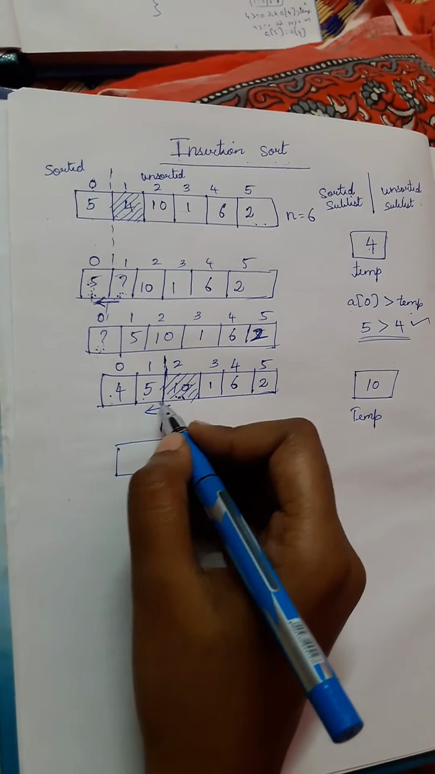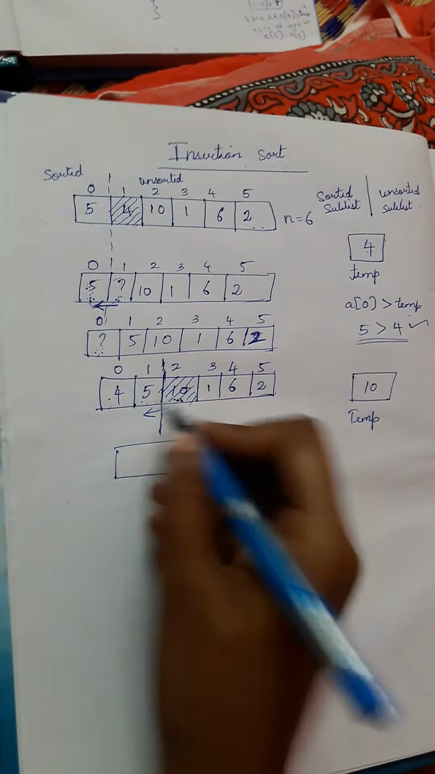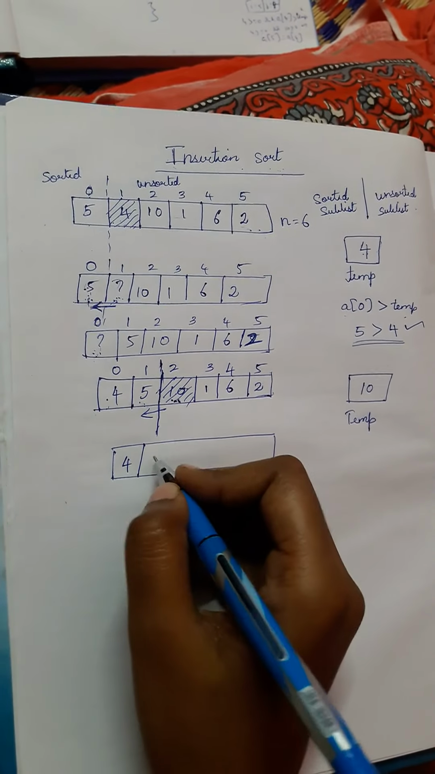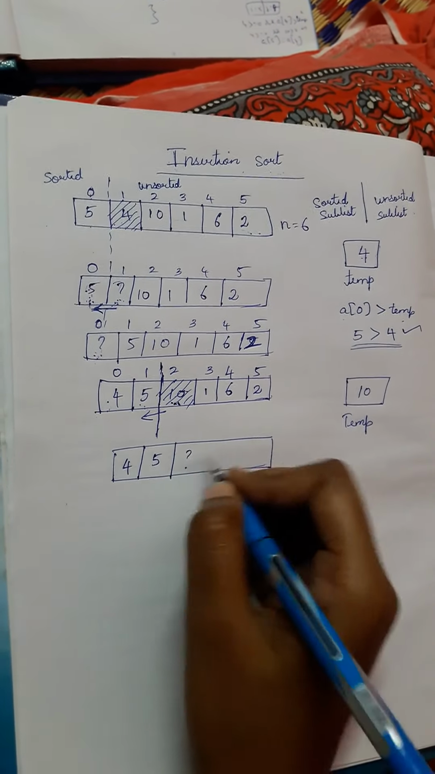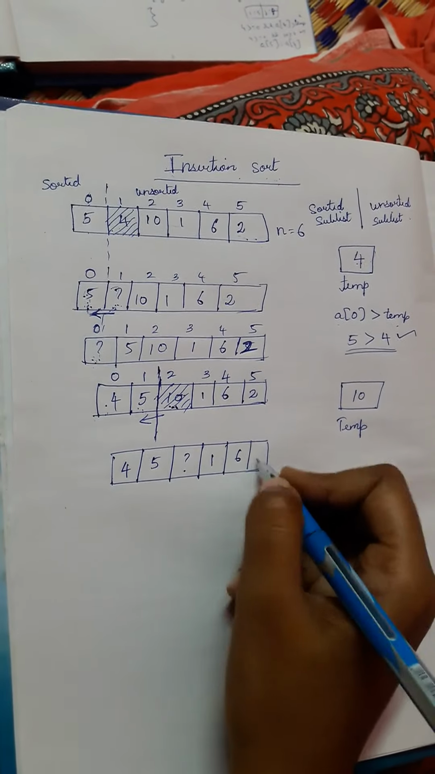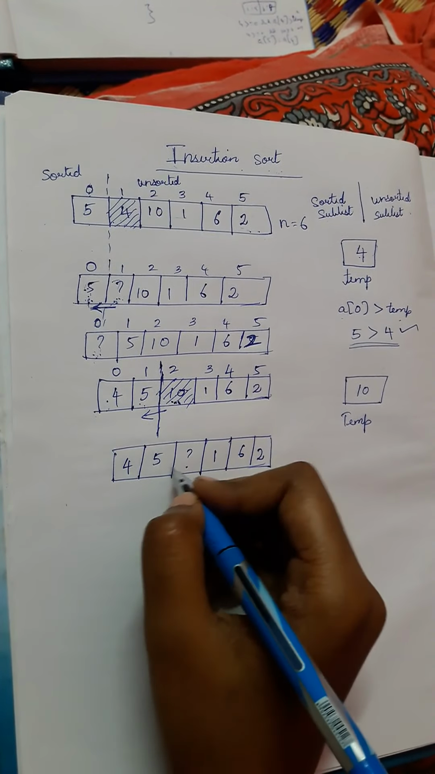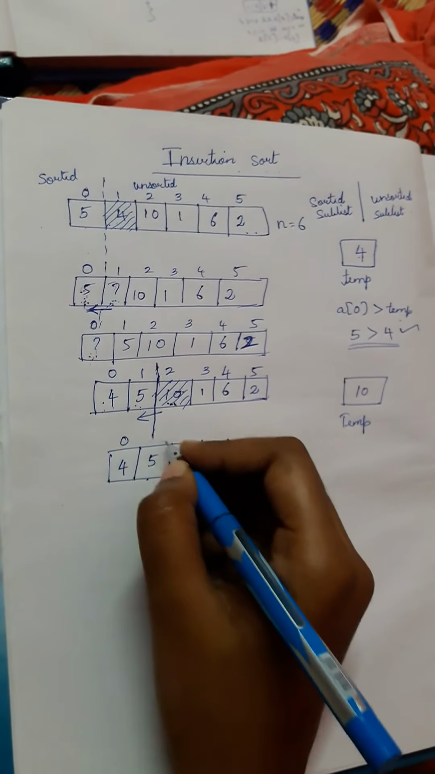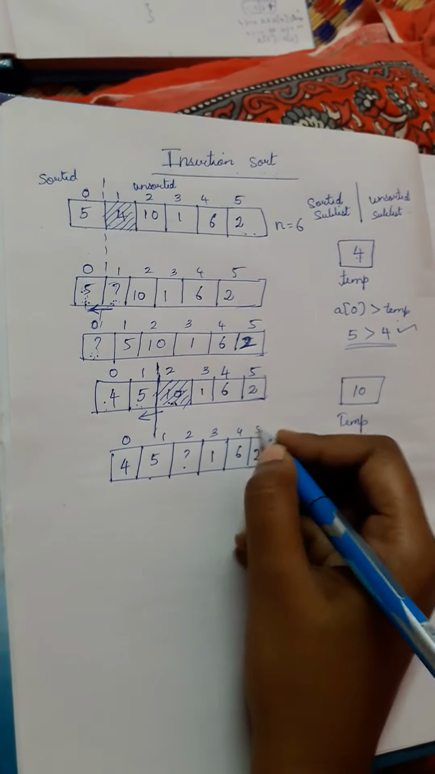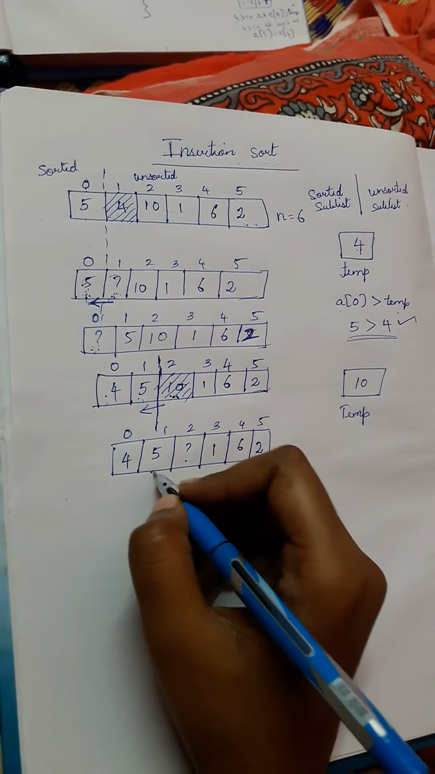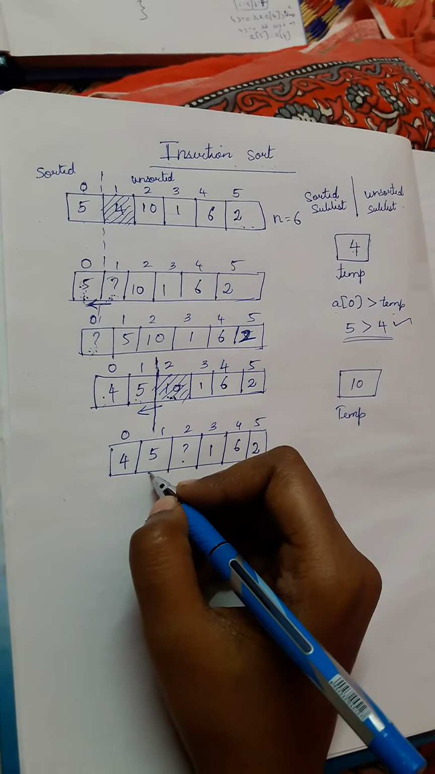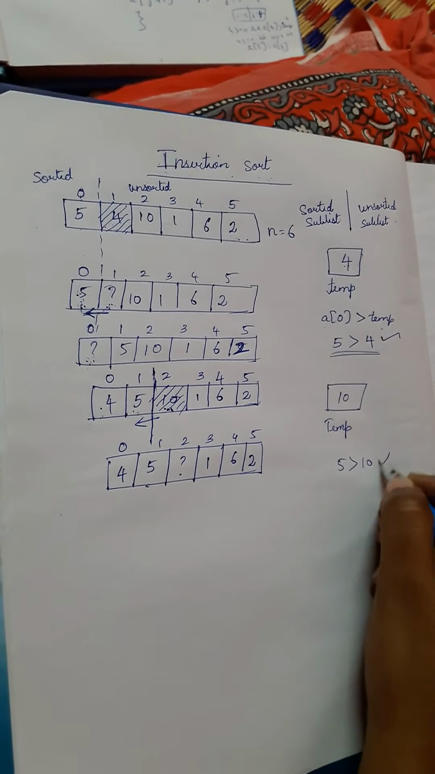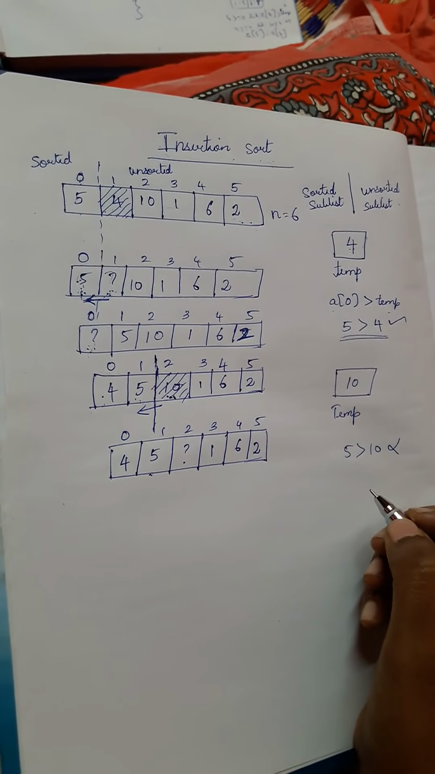Okay, so first I will check at this position. Now what will be inside the array? 4, 5, question mark, 1, 6 and 2 will be in the array. So now I am going to check 10 with this element, indices 0, 1, 2, 3, 4 and 5. So I am going to check 10 with this 5. Is the condition satisfied? 5 greater than 10? No. So it is not satisfied, which means what I have to do is,